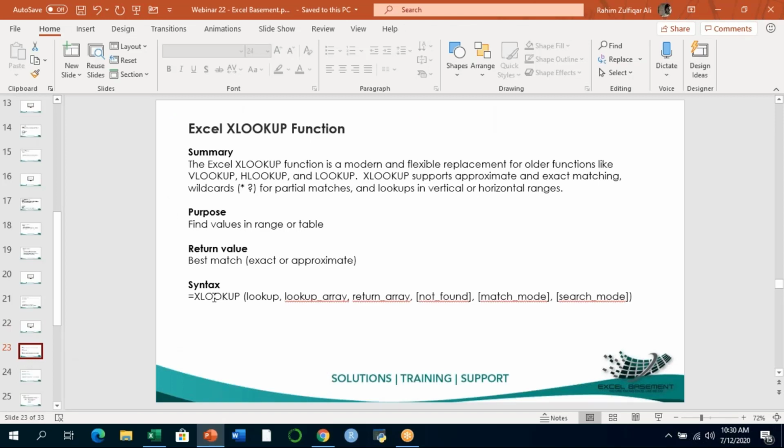Okay, so the second last topic is XLOOKUP, and now this is something very interesting, and we have heard a lot about XLOOKUP. It will primarily be understood by those who are currently using either VLOOKUP, HLOOKUP, index, or match. So if you are already using VLOOKUP, HLOOKUP, index, or match, you will easily get the utility of the XLOOKUP function.